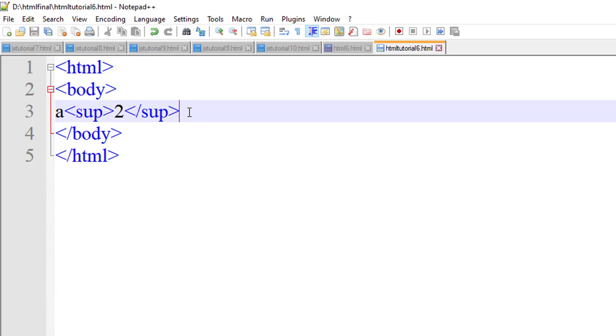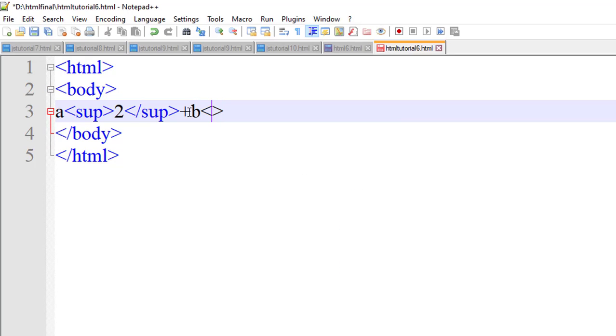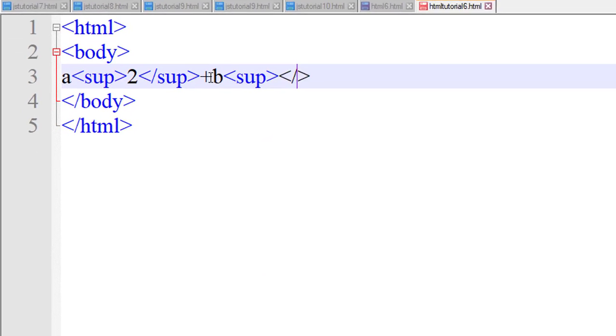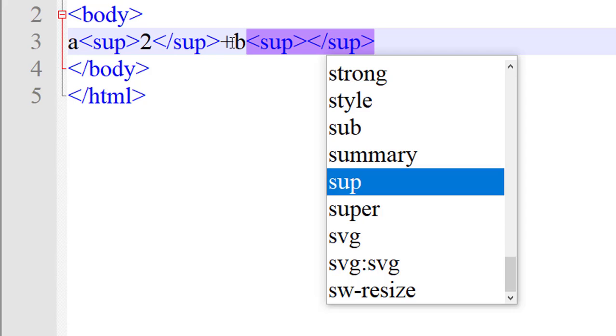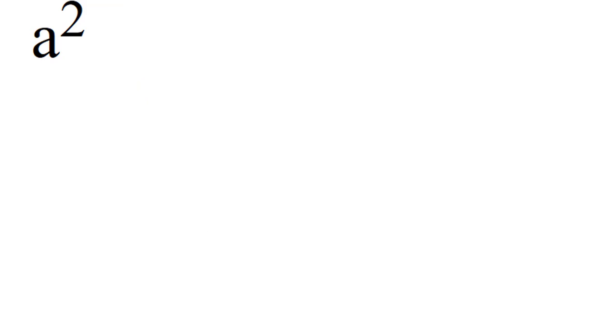Now we want the plus b square, so we will write plus b, again superscript tag open, superscript tag close. In the superscript I will write the 2. Just save this and again refresh this, plus b square. Now I want the equal to c square.